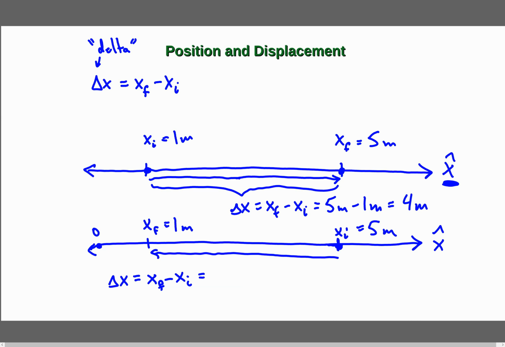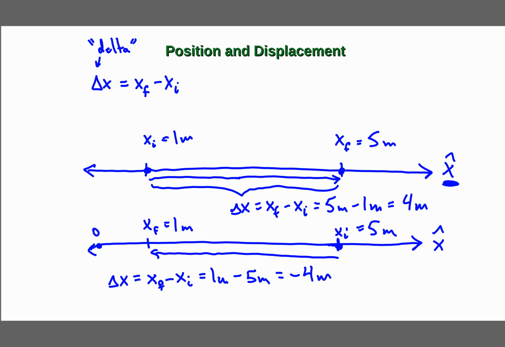So the place we ended, 1 meter, minus the place we started, 5 meters, and now we have a minus 4 meters. Our particle with these two motions has now just moved to the right 4 meters and then to the left 4 meters. In both cases we moved 4 meters, but now it's negative because the positive x-hat direction we've defined